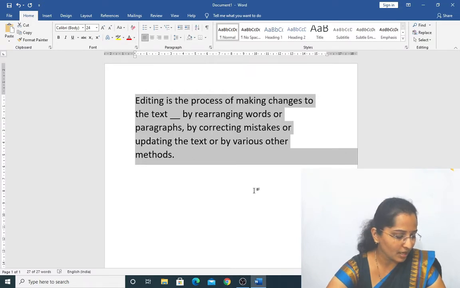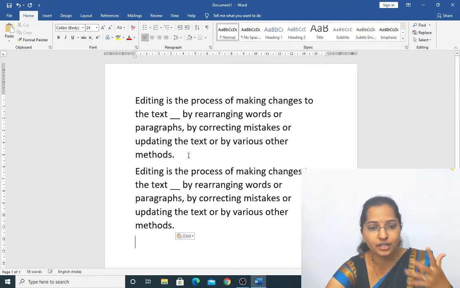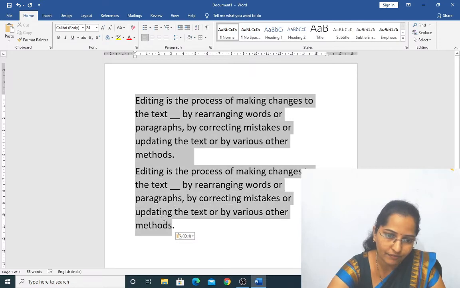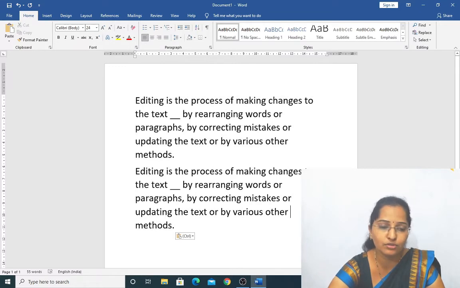Now I want to select the entire document. I have written something again, for example. I have written something, and the whole document I want to select. How? You can select by dragging like this, using left click. No, I want to select the whole document directly. How to select? Use the shortcut Control and A.